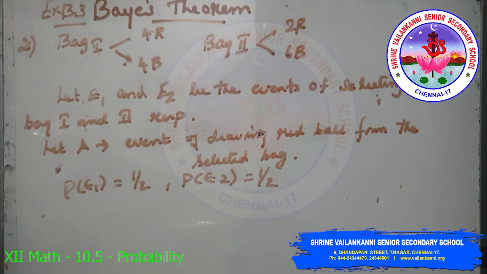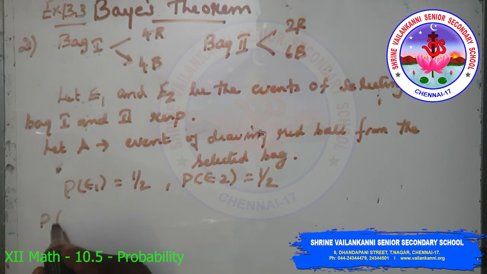One of the 2 bags is selected at random and a ball is drawn from a bag which is found to be red. So find the probability that the ball is drawn from the first bag. So it's given that the condition, let A be the event of drawing a red ball from the selected bag. So by Bayes theorem, we get